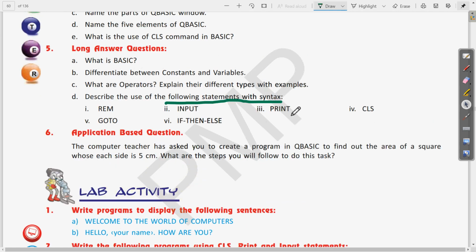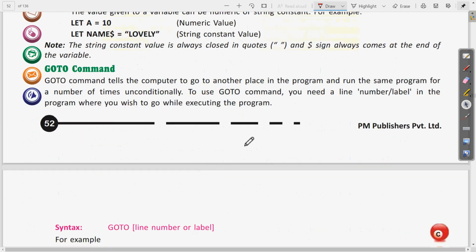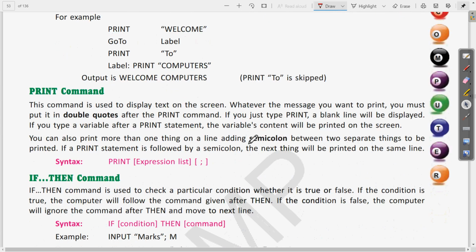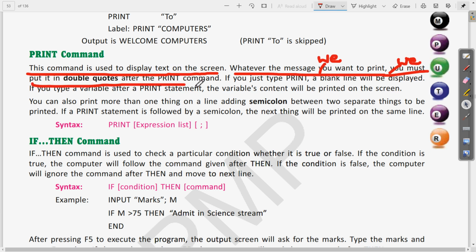Okay, now coming to the next, which is PRINT command. So let us see the answer of PRINT command. So PRINT command is given on page number 53. So what is the use of PRINT command? You can write from here that this command is used to display text on the screen. Whatever message we want to print, here also we must put it in double quotes after the PRINT command.